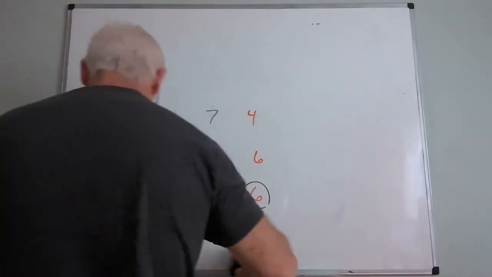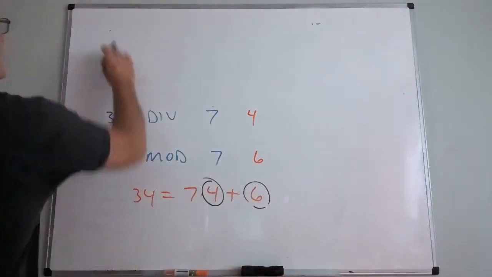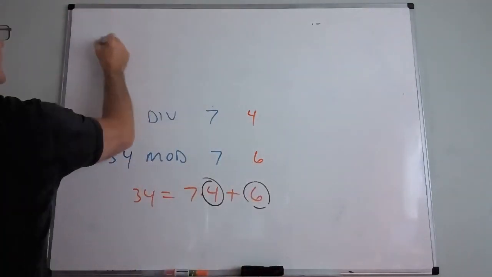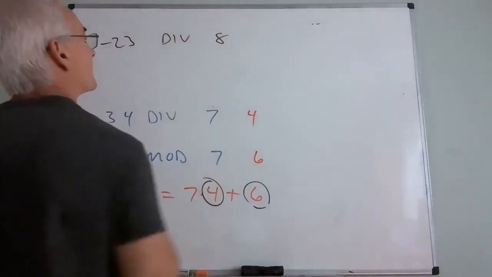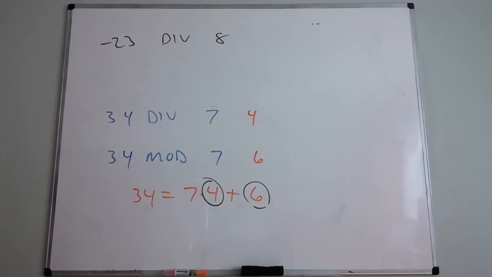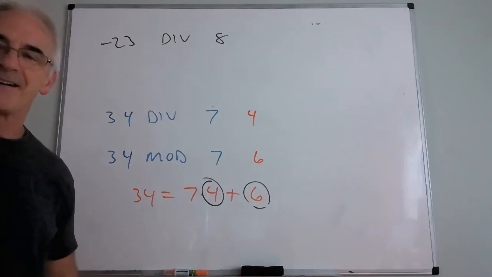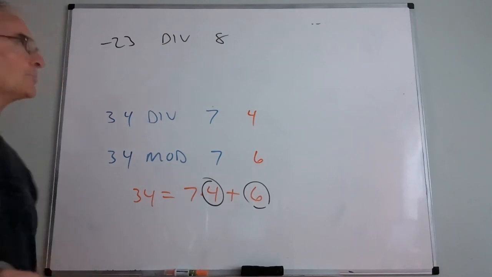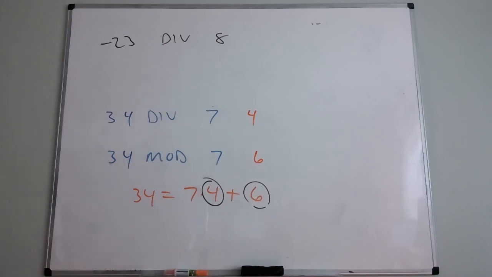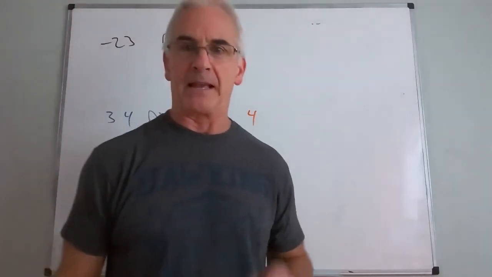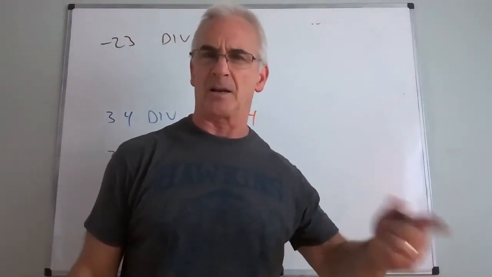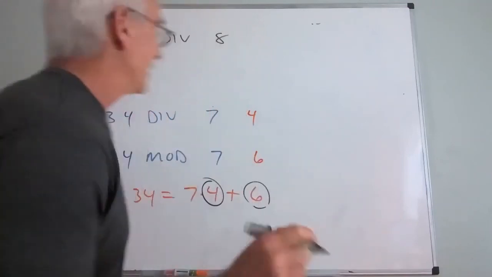Now let's do one more challenging. Let's do one involving a negative number. So I've got negative 23 div 8. Before with a remainder 1 or negative 4, sorry, negative 3, right? Negative 3. Yeah. By the way, you might go, wait, 8 only goes into 23 2 times whole, but then I get, so